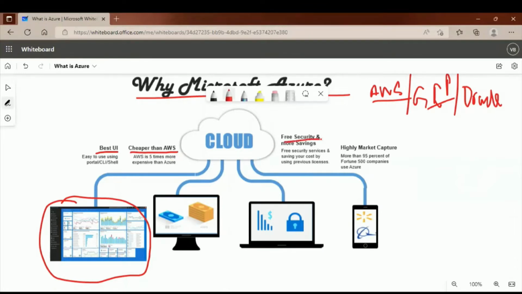The third one is free security and more savings. By saying free security, it doesn't mean that enterprise security level will be free. It is just for personal applications or labs, for someone new to Azure who just wants to take a look at how the security of Azure works. And the more savings part: